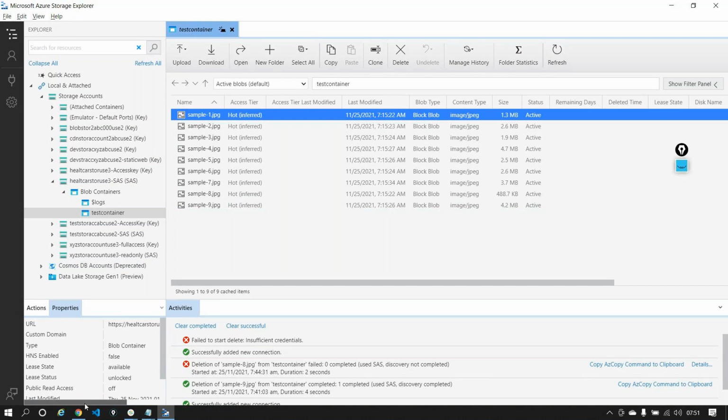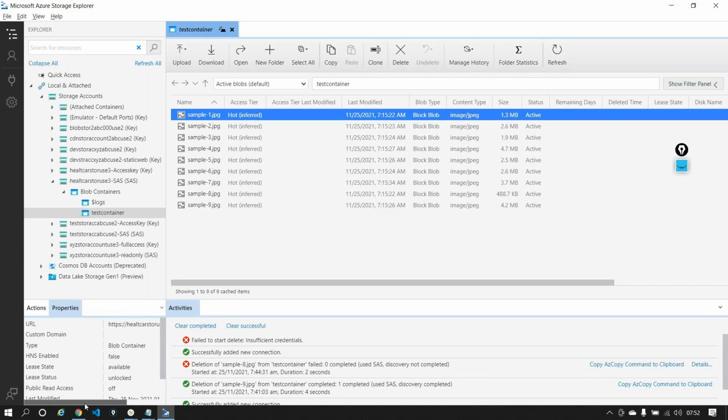Under what scenario? Very good question. Is that when you generate an access key? Let's say your project manager wants to have access to it, or a senior manager above you wants access, or the client owning this data wants access. You can say, okay, fine, I don't want to restrict you to only read it. If you want to delete it, it's your data, you can go ahead and delete it. So if you know that the person you are giving this key to is the owner of that particular service, you can go ahead and generate the access key and share it with them.